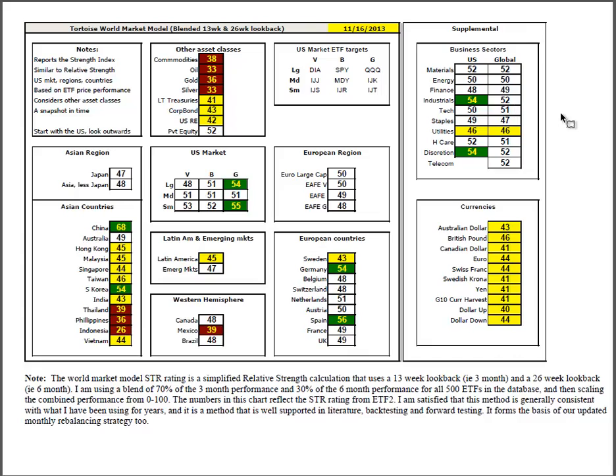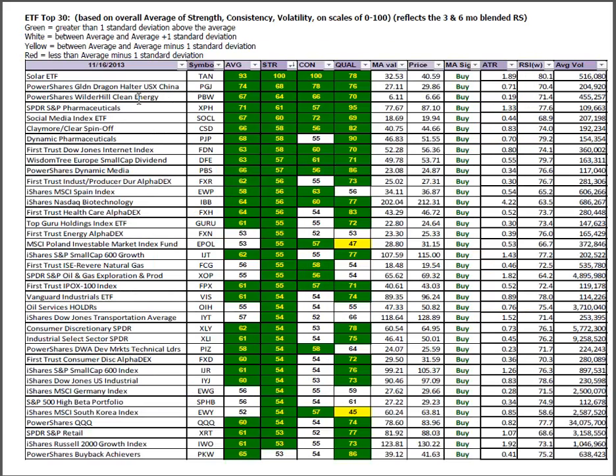But the market is tilting over towards the U.S. and its strong business sectors right now, with industrials and consumer discretionary definitely leading the way. ETF top 30. This is similar to the blended monthly rebalancing. It used a slightly different set of computations, but it gets independent confirmation of solar, Golden Dragon, clean energy, pharmaceuticals,